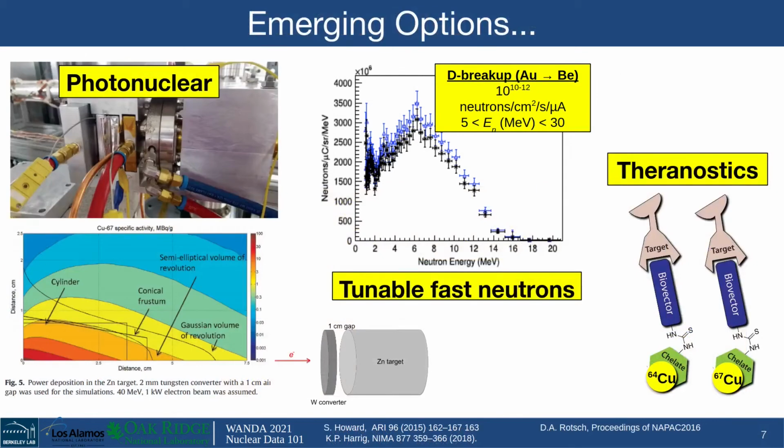As mentioned earlier, the isotope production community can be a very resourceful bunch, so there are a number of emerging options and production pathways currently under development. These range from the use of intense photonuclear sources for gamma-N or gamma-P production, which may be used for the production of radionuclides which are inaccessible through the use of neutron or charged particle-based routes. Other emerging options are the use of tunable fast neutron sources, such as the use of deuteron breakup or lithium